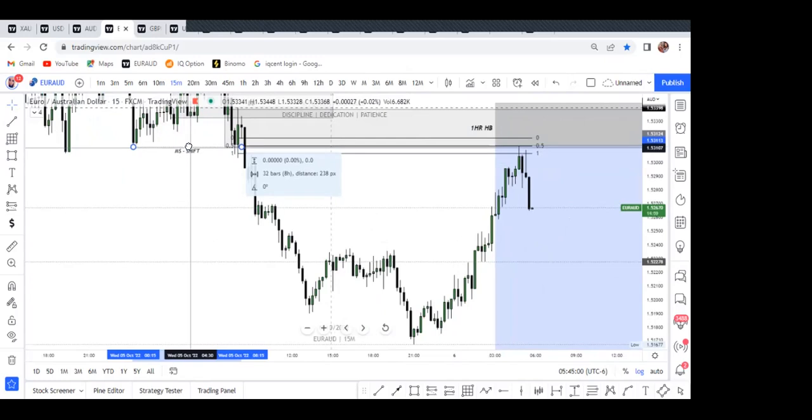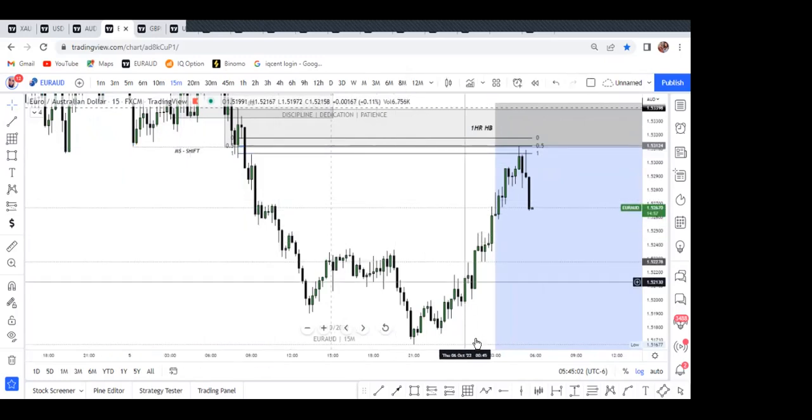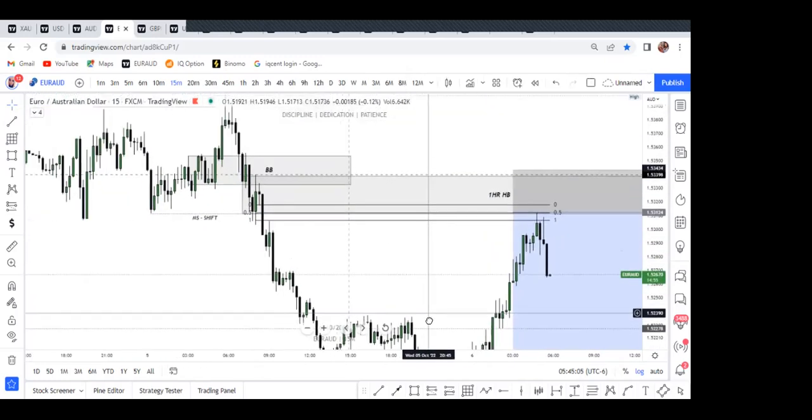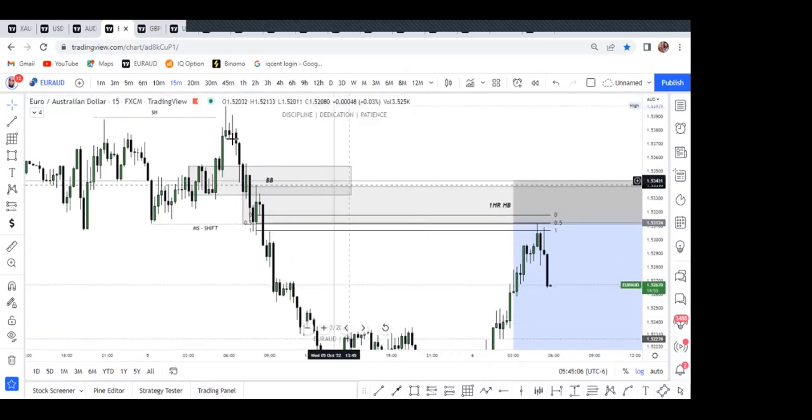Somebody is waiting for the sponsor candle. See, price is not bothered about going for the sponsor candle. Are you seeing that? It didn't go. Look at the sponsor candle right here. What happened? We have our breaker at this zone.